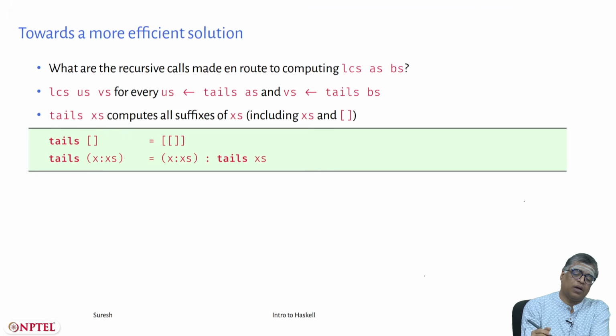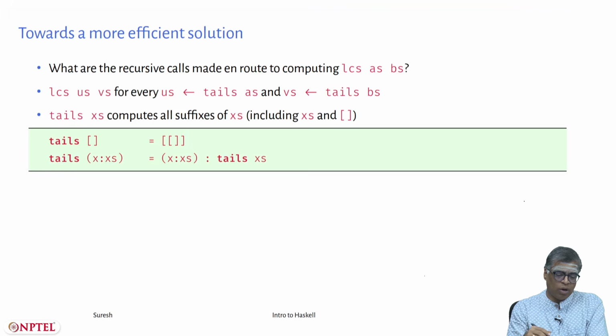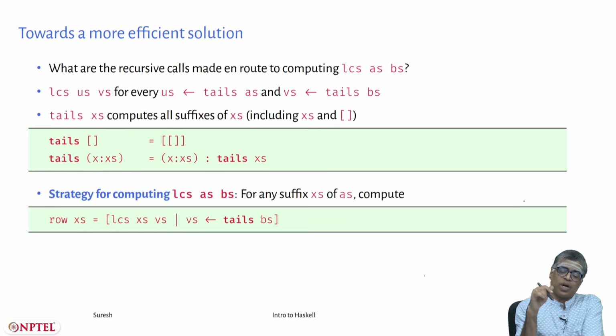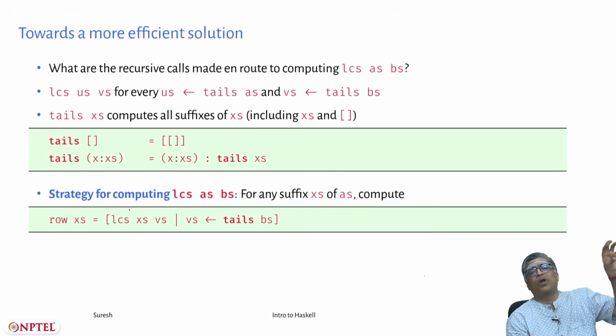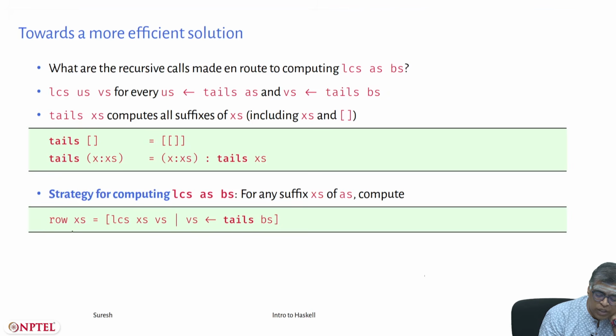So tails is the following. Tails of the empty list is just the singleton list containing the empty list. Tails of x:xs is x:xs followed by tails of xs. Okay, so this is the thing, all suffixes of xs. So the strategy for computing LCS of As Bs is, for any suffix xs of As, compute row of xs, which is a list of values, LCS xs vs, where you fix the suffix xs,